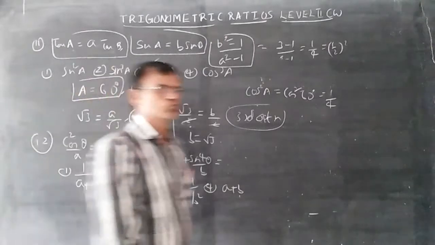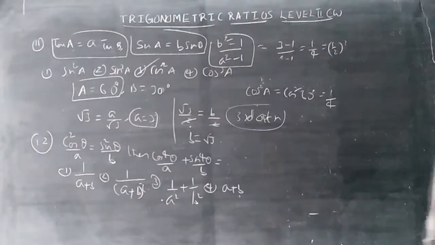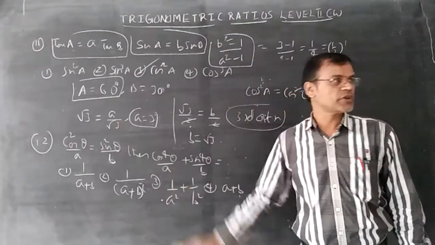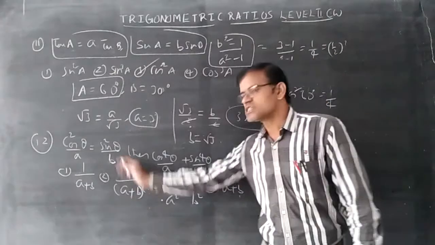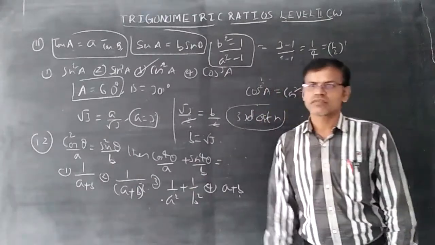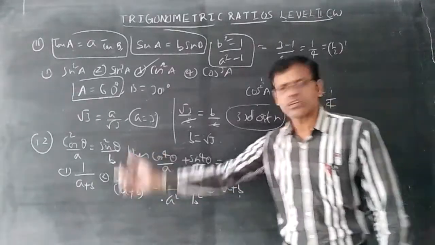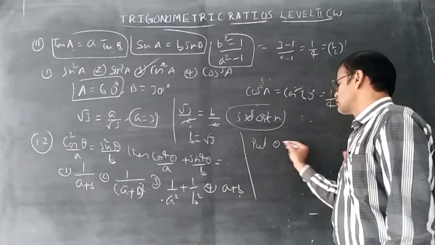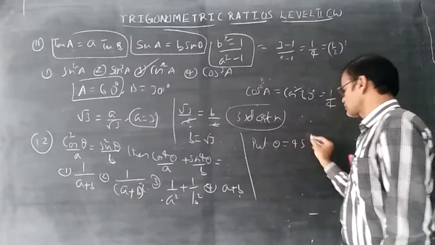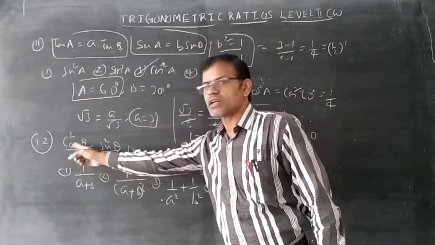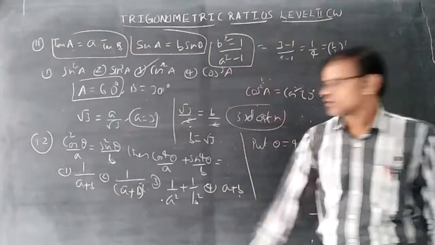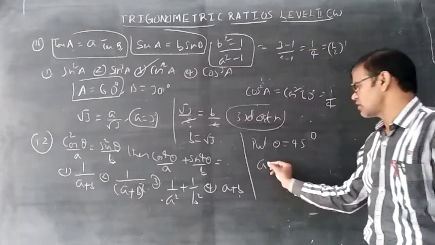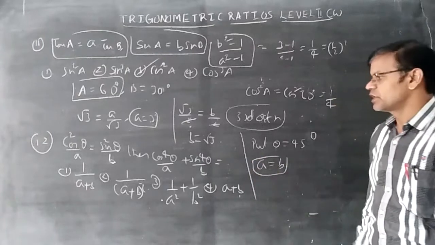Cos and sin, both terms are there. So whenever cos and sin both terms are there, first try to understand that the denominator should not become 0. That is why don't think theta equal to 90 or theta equal to 0. Cos and sin are equal at which degrees? At 45. Simply put theta equal to 45, that's the shortcut. So what is the value of cos square theta? Cos square 45 is 1 by 2. 1 by 2a is equal to 1 by 2b. Directly we can write a is equal to b, because cos and sin are equal in the case of 45 degrees.